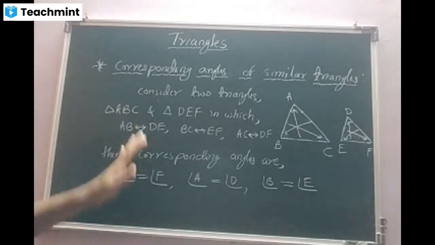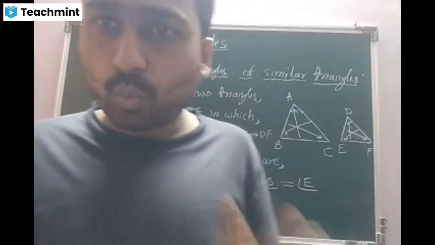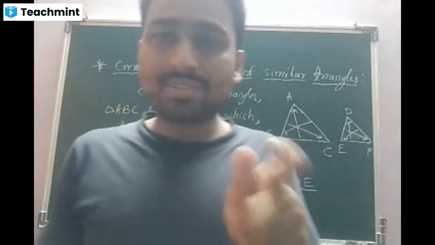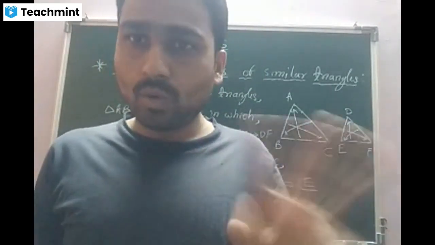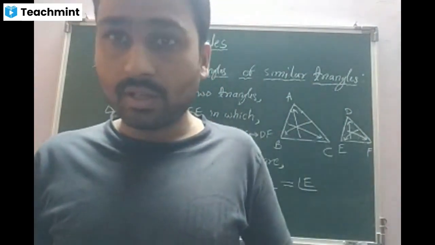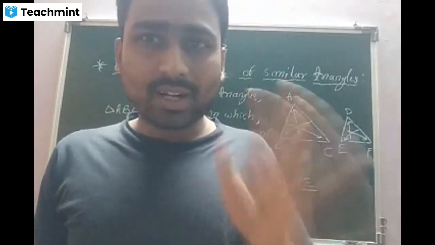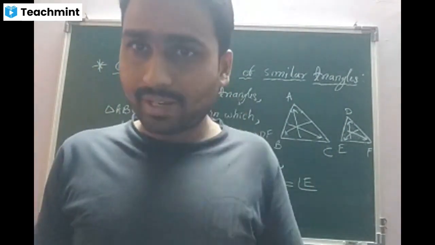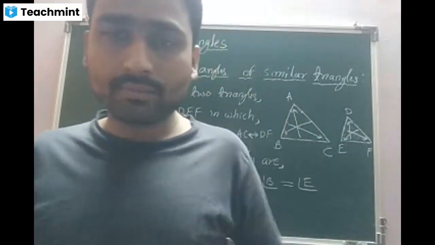Okay, students. Done? Fine. With this, today's session will be ended. What we have learned today, I'll make a small recap. We started with the definition of similarity of triangles. Generally, two triangles having the same shape but different sizes are called similar triangles. But mathematically, all three angles of one triangle should be equal to the corresponding three angles of the other triangle. Second condition, all three sides of one triangle should be proportional to the corresponding three sides of the other triangle. Am I right?